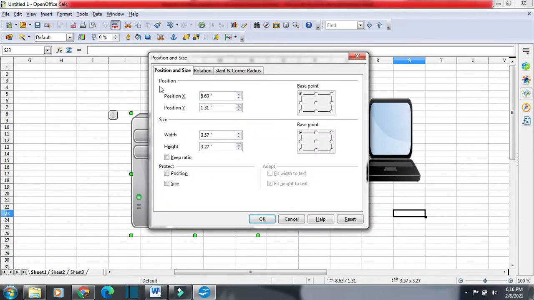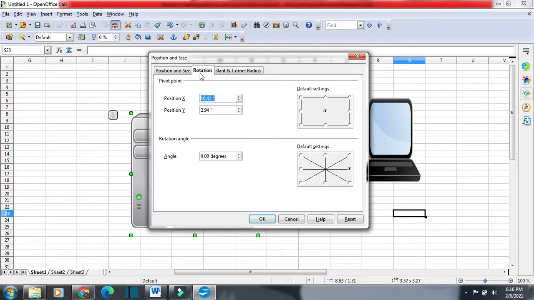So here comes the option of position. Here we can go for any other position, suppose 5. Here I can change the size of the image, suppose 3.57, I can go for 9. So here we have changed the position of the image, we have changed the size of the image also. The next thing was rotation.